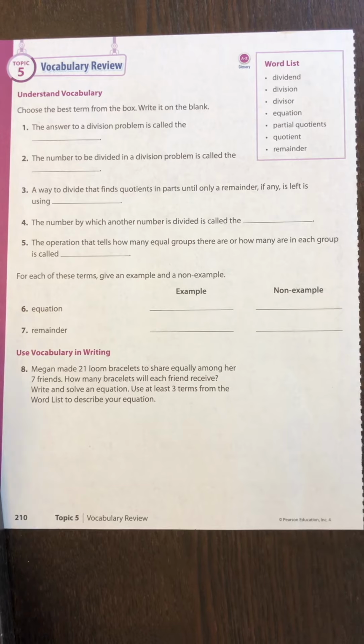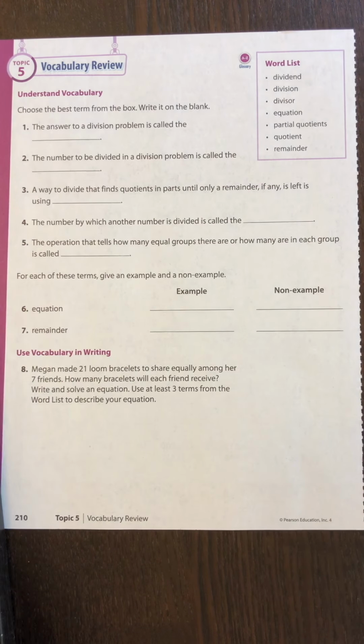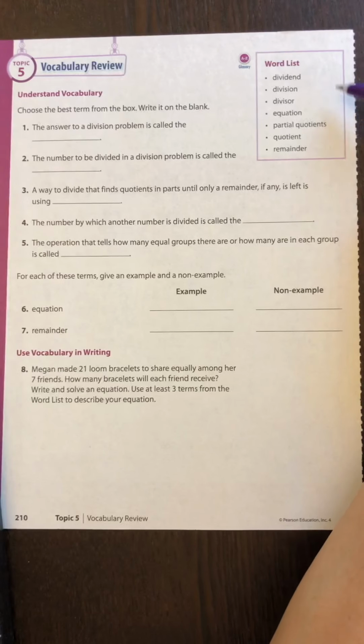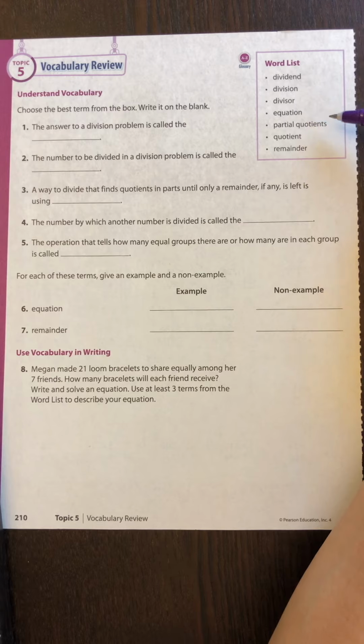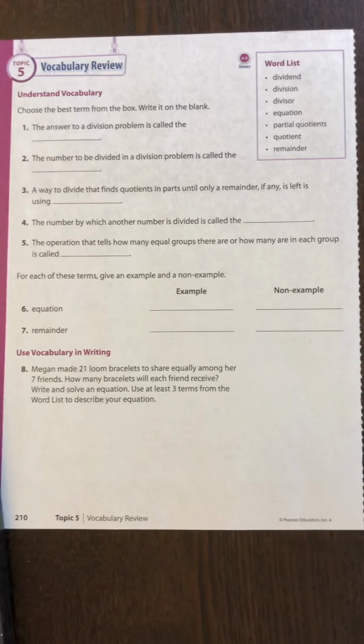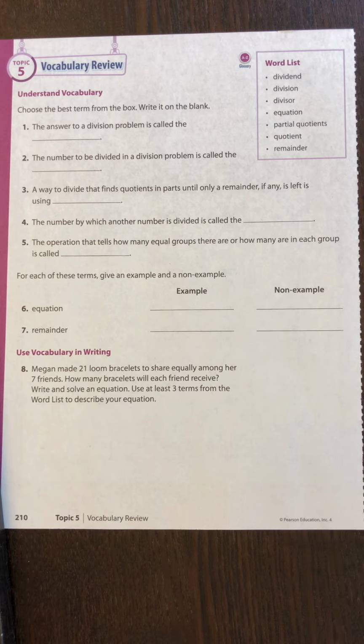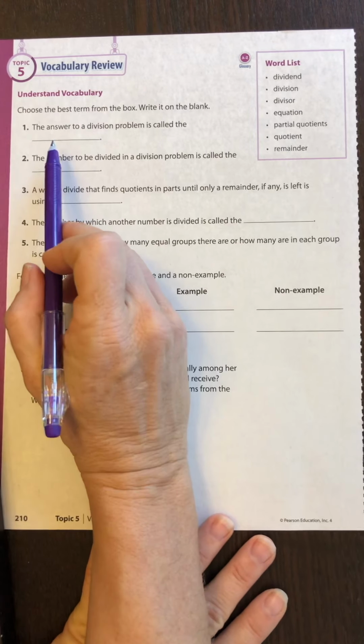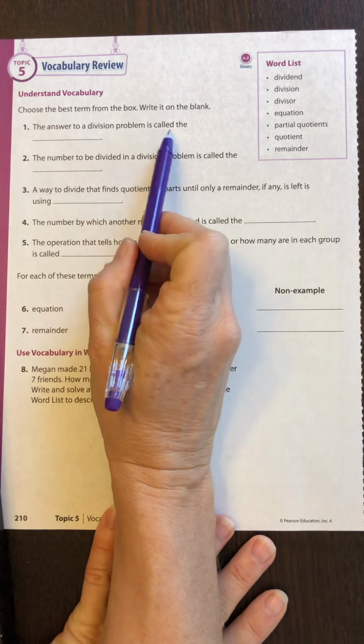We're on page 210 in your Envision book. We've got our word list for our topic vocabulary: dividend, division, divisor, equation, partial quotients, quotient, and remainder. So 1 through 5, we're going to read a definition and choose the correct word from the box that answers the definition for the problem. So the answer to a division problem is called we